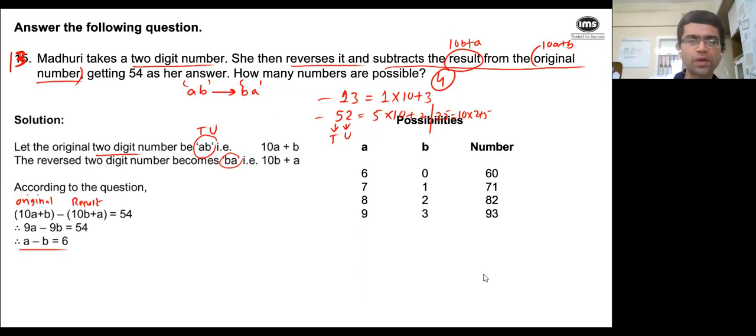Yes, if it reverses, it becomes 0, 6, Apurva. Am I saying that the reverse has to become a 2-digit number? No, nowhere have we said it. We just said I reverse it, subtract it from the original number, and what I get is 54. That's fine, isn't it? So pay attention to the specifics of the wording. Subtract the result. We are not saying subtract a 2-digit number. So it's okay.